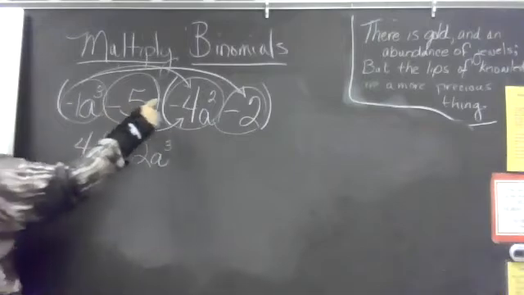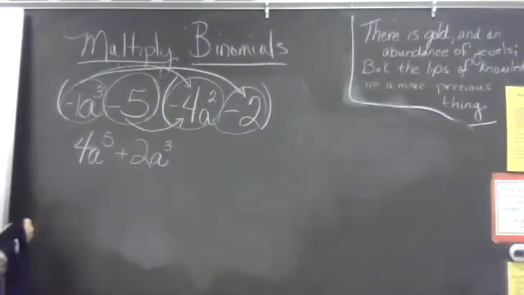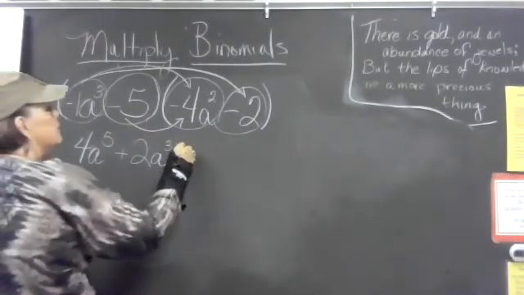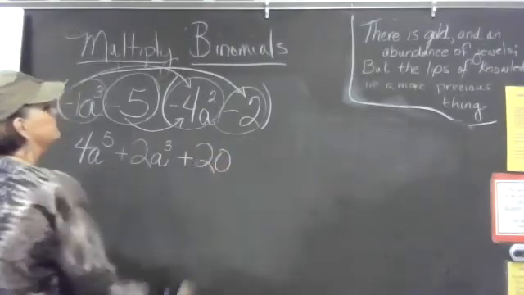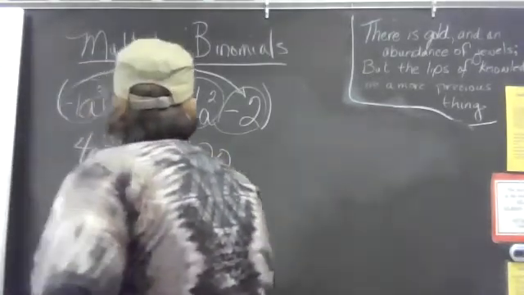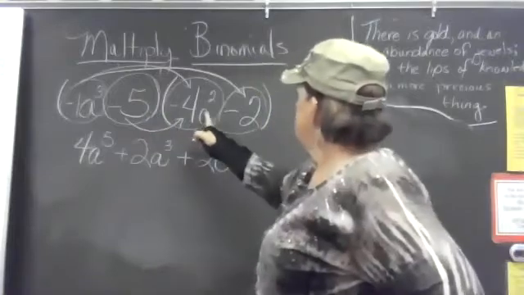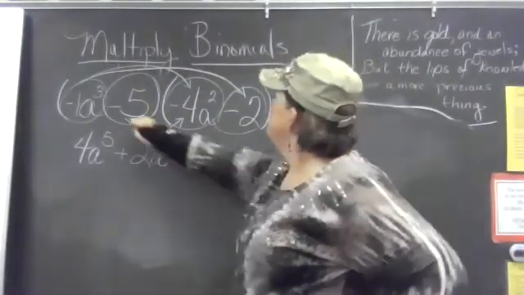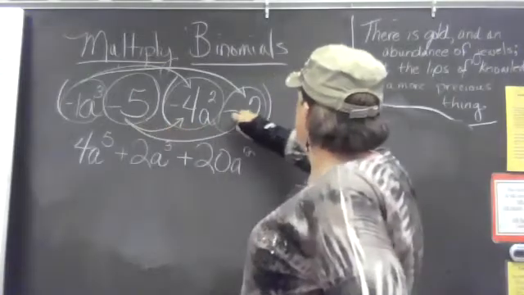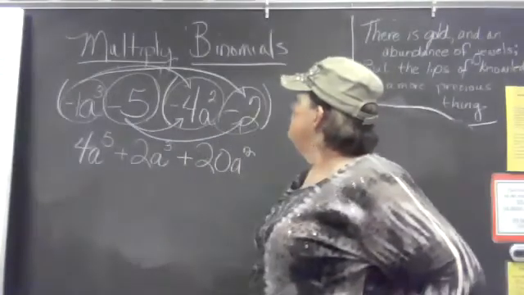So -5 times -4, positive 20a squared, because there's no a here, but there's an a squared here. And one more time, -5 times -2